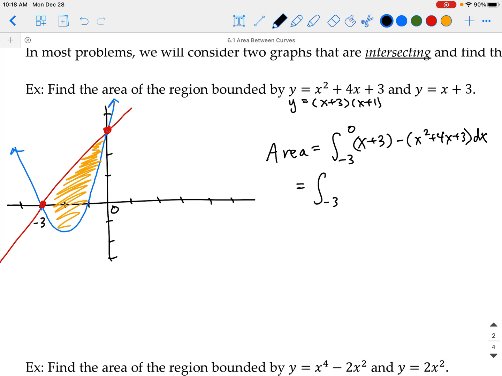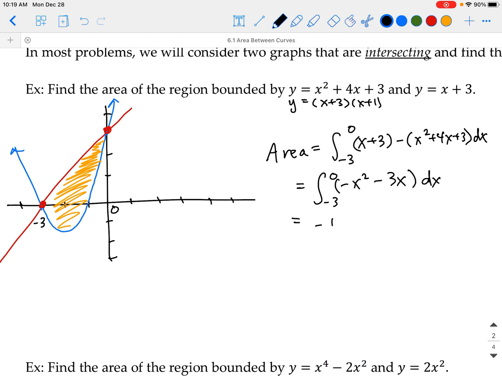So then we can rearrange a little bit. So we'll have a negative x squared, and then we've got x minus 4x is going to be minus 3x, and then 3 minus 3 is just 0. So we'll get negative x squared minus 3x